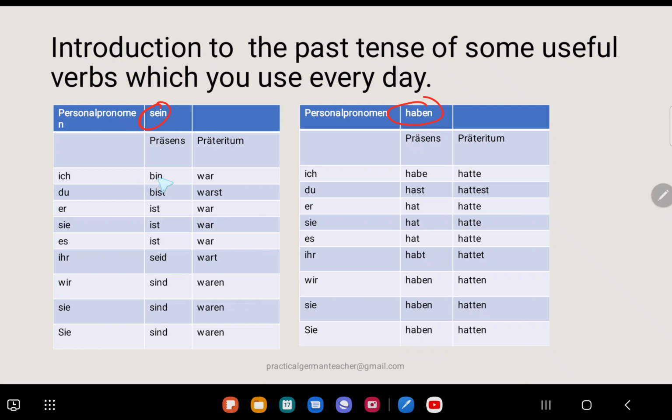So this ich bin means I am, ich war means I was. You are, you were. He is, he was. She is, she was. It is, it was. You are, you were. Okay, please learn this because you will use this quite often, and that's why you should